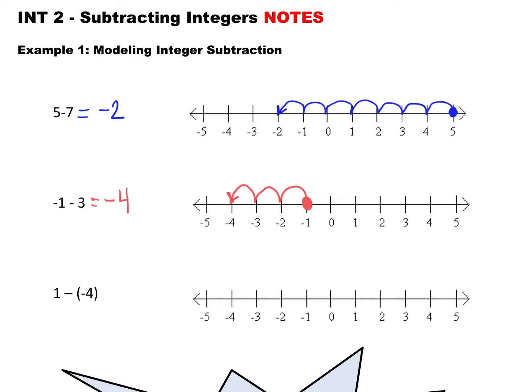All right, we might have to look a little closer at the next one. 1 minus negative 4. We're subtracting a negative. So you have to think of that as like taking away maybe a debt. You are taking away a $4 debt. Well, if you take away a debt, like in banking, that means that you're actually getting money put back into your accounts. We're actually adding money in. So if I were to subtract a $4 debt, take away a $4 debt, that means I have $4 more